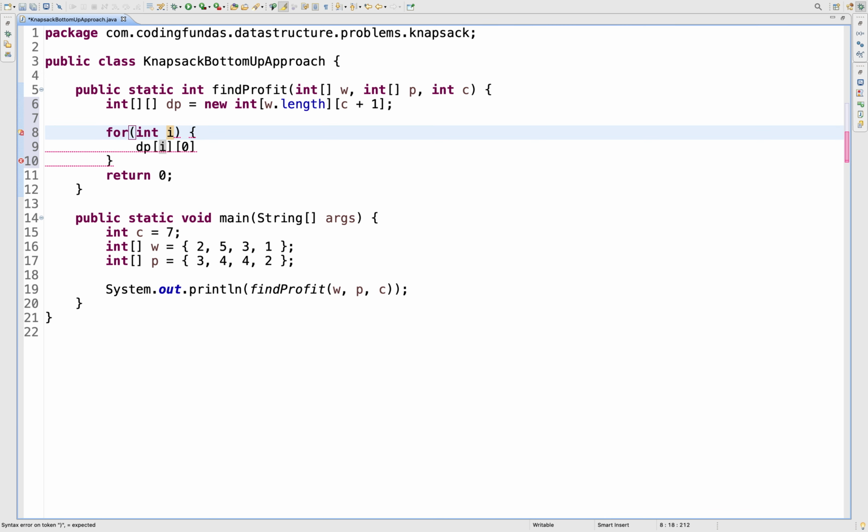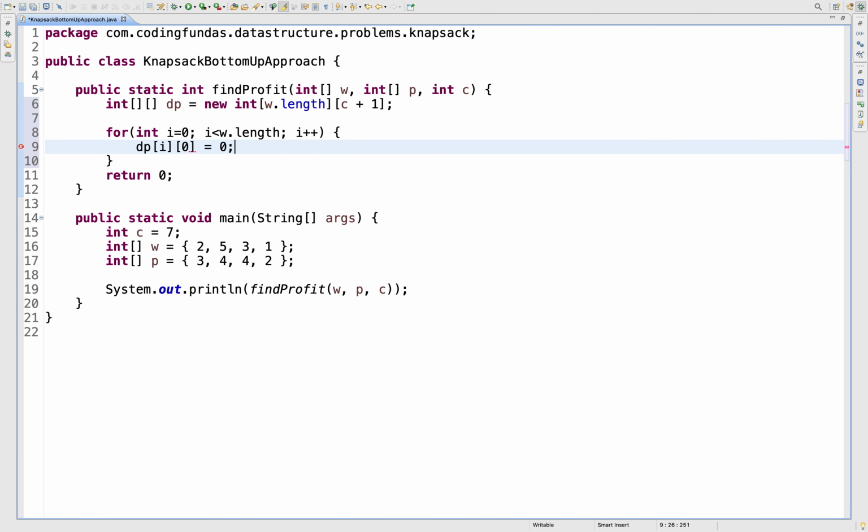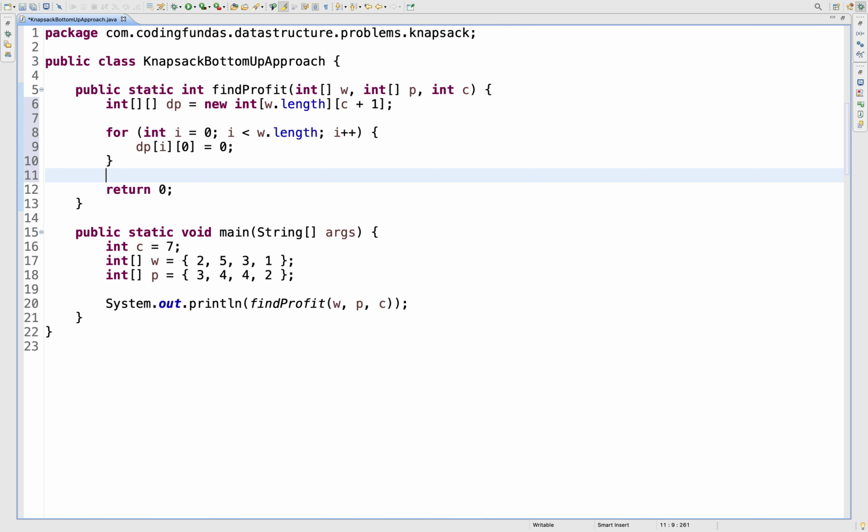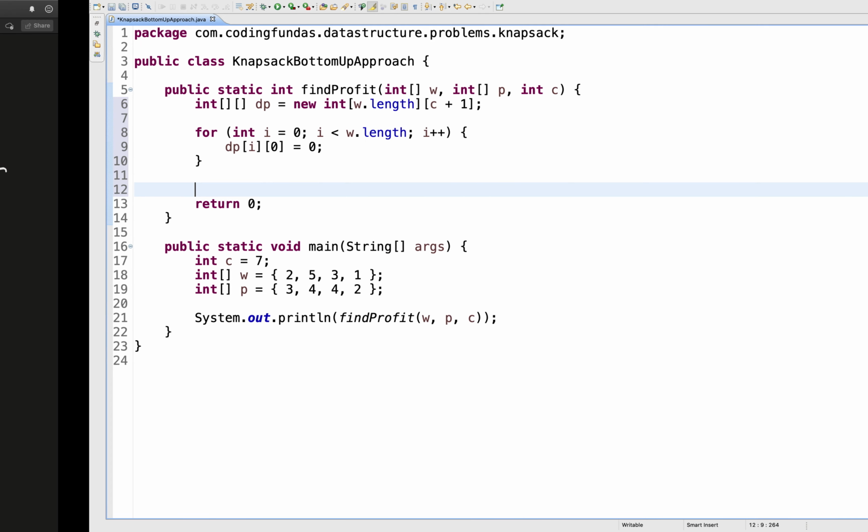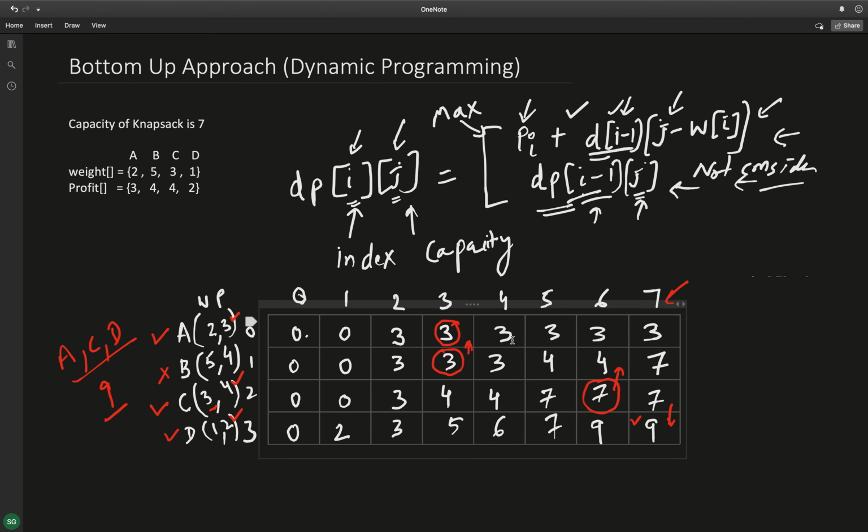So I'll say int i equal to 0, i is less than w dot length, i plus plus, and this will be initialized by 0. So the first column will be 0, right? And then we will need to fill the first row. For filling the first row, I need to start filling it from the weight of the item, right? Before that it will be 0.